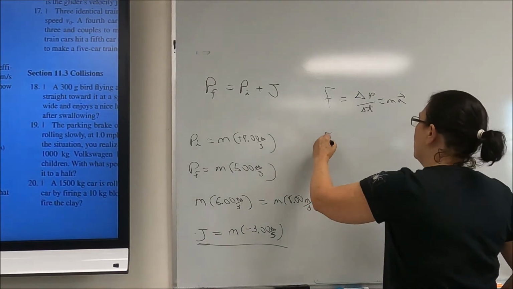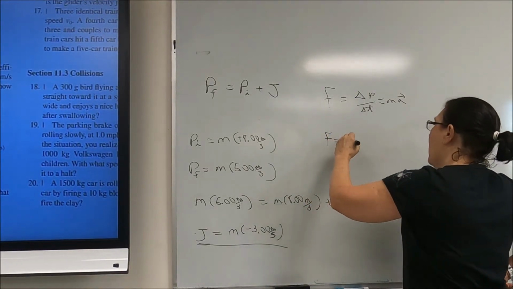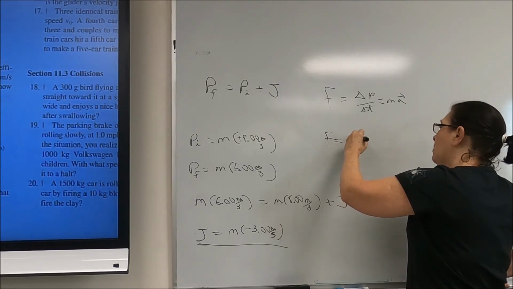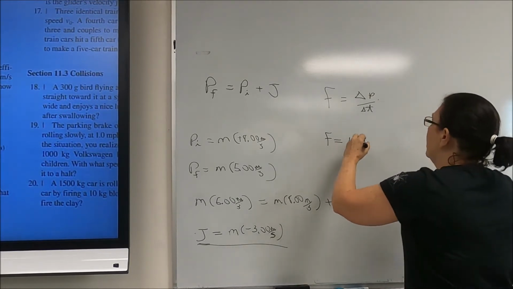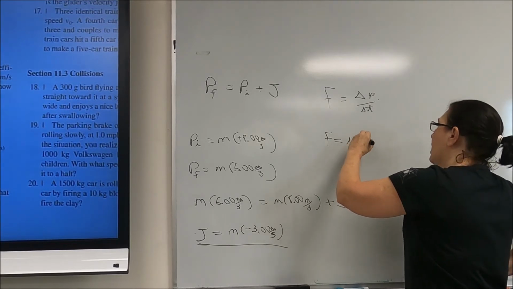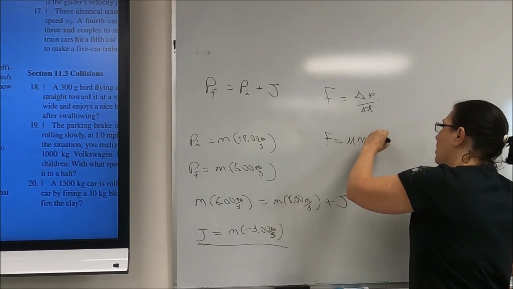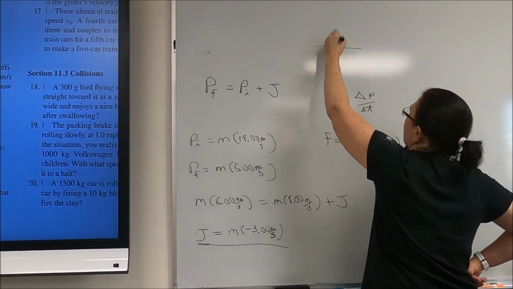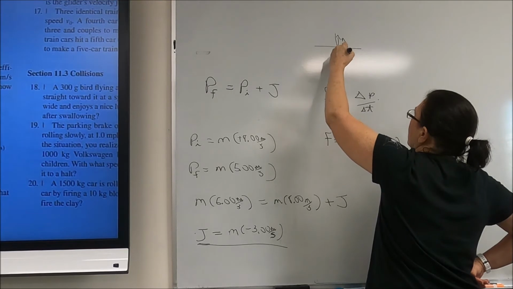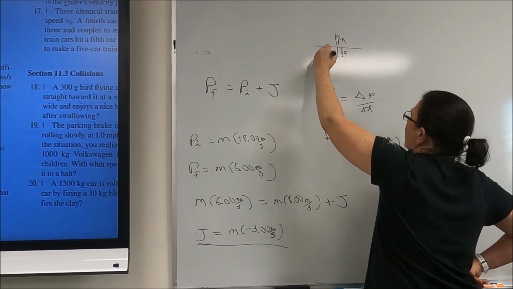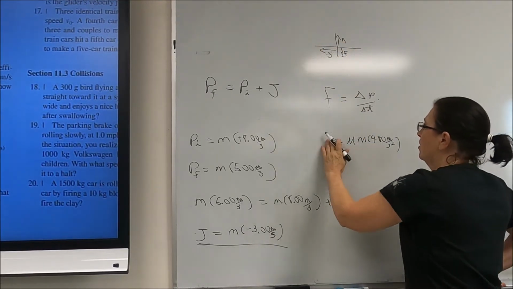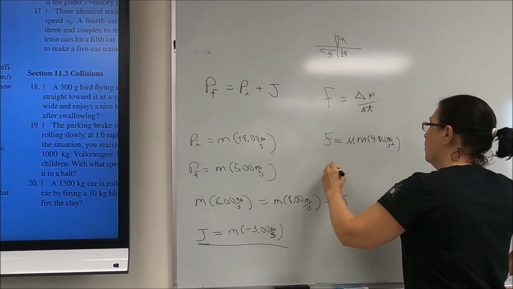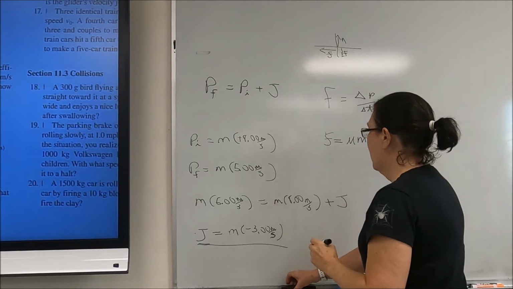Now, the force here has to be mu times, well, I'm going to leave it like that. It has to be equal to mu times m times 9.80 meters per second squared. Because if you think about it, normal force, force due to gravity, frictional force. Okay? So our frictional force, if we start combining things,